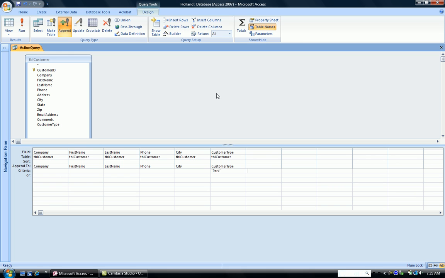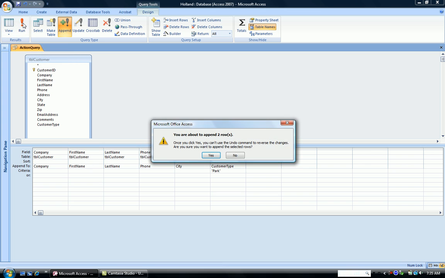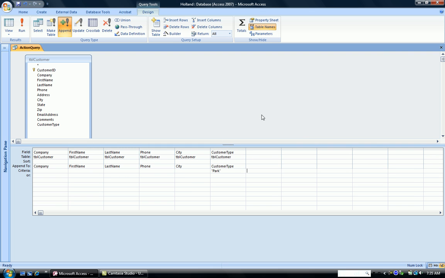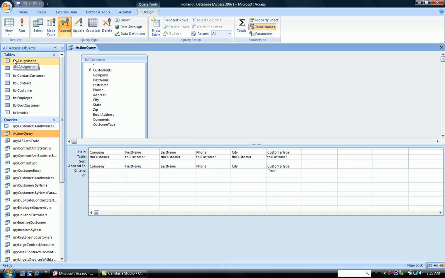Remember, to do an append query or to do a make table query, you must run it. So I run the append query. It says you're about to append 2 rows. I click yes, and then I go to my table view in my navigation pane,